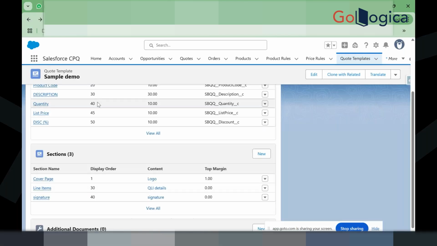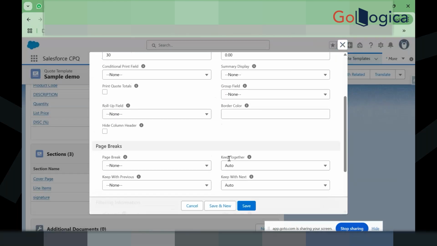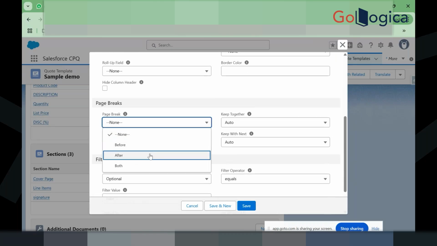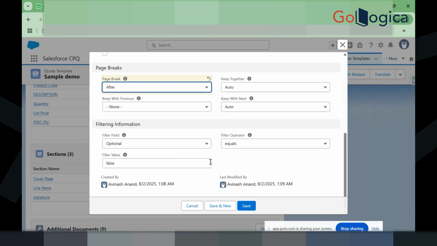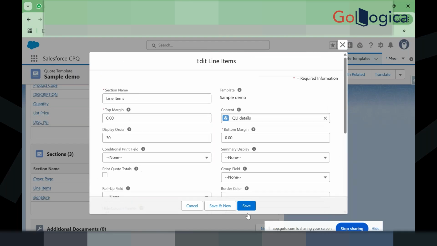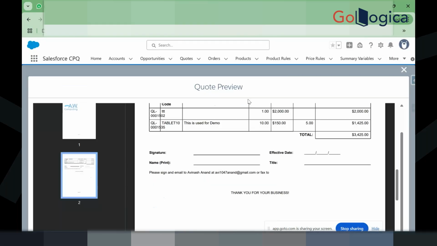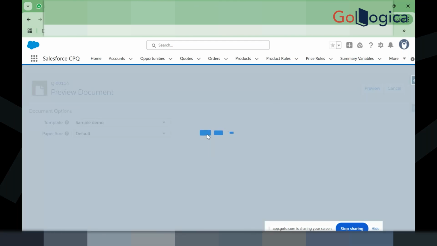So here you can see the field which is known as page break, right? Okay. So you can select after, which means after this page ends, like the line item page ends, there is a break inside the page, which means it will create a new page for you. Okay. So if you click on save here,